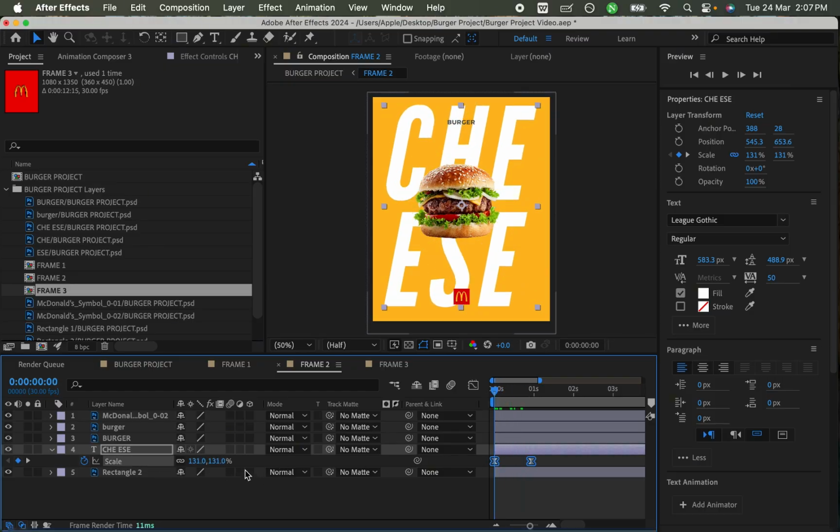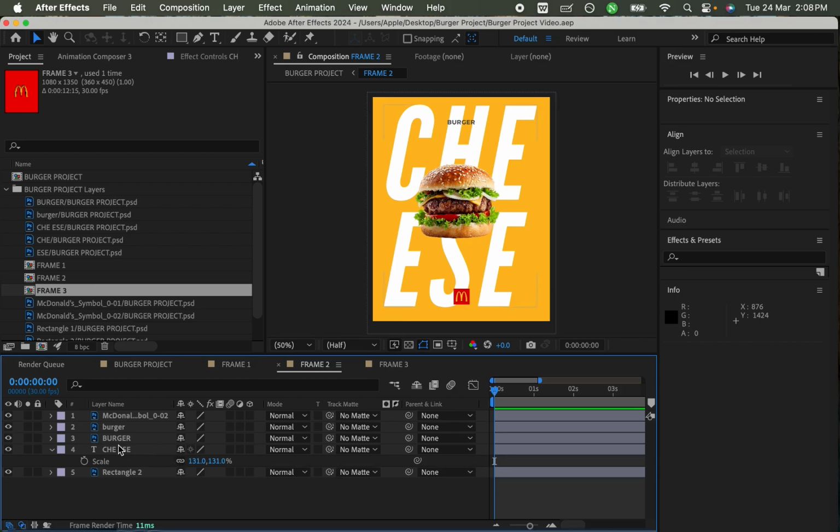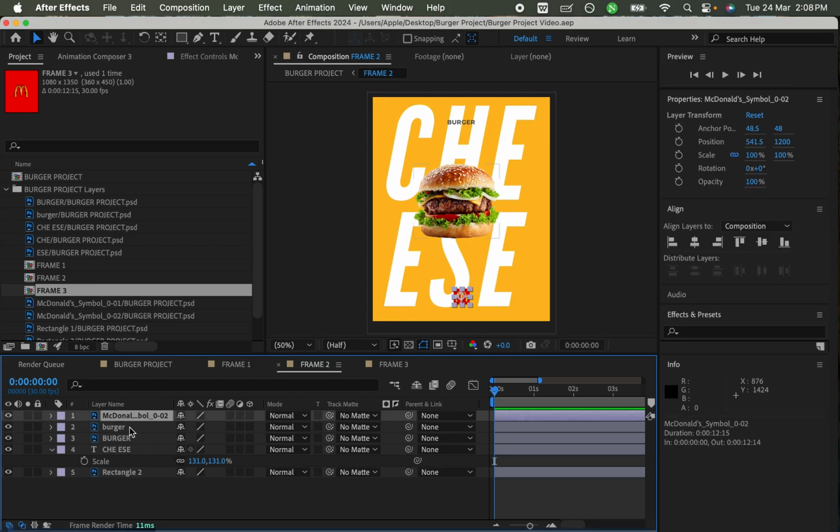Okay, we can copy it. So I select the scale here and do Control-C or even Control-X to cut the keyframes. Then we select the burger, and